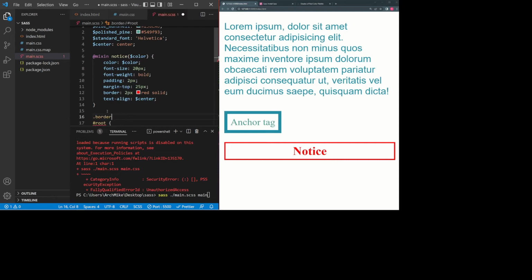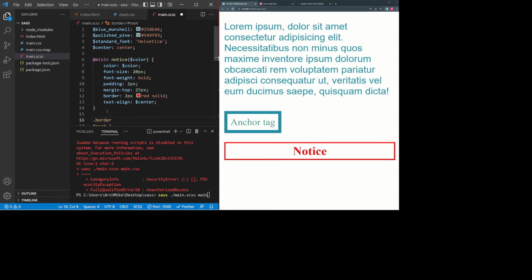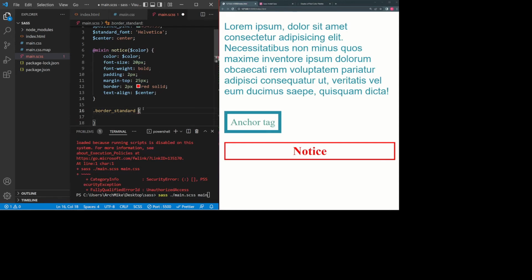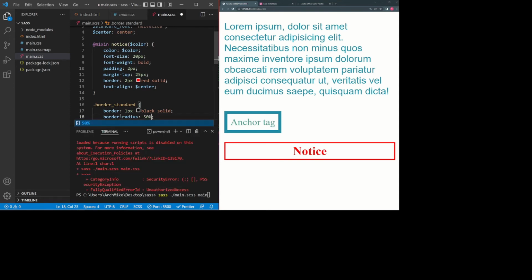Let's say border standard. Okay. So we have a class of border standard. And we're gonna write inside that border 1 pixel black solid. And border radius 50%,